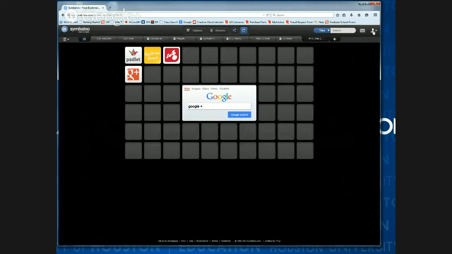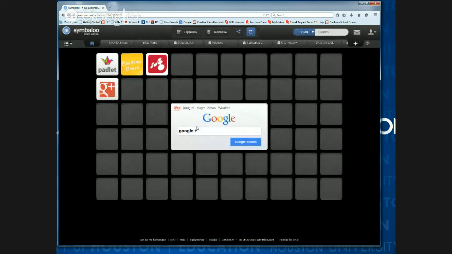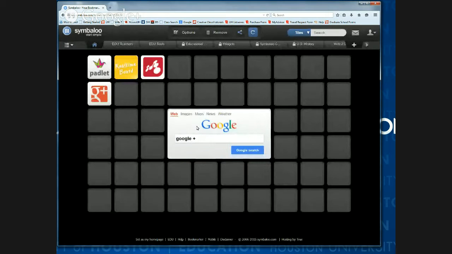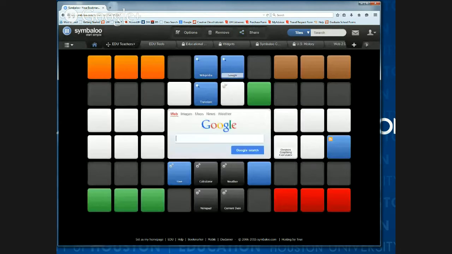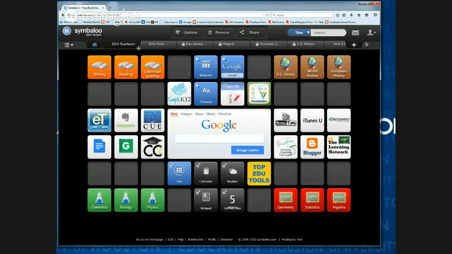I'm logged into Symbaloo. This is my profile over here. I've logged in as Sarah, and let's see if I can make this any bigger so you can maybe read some of these things on my screen. These are my web mixes. I have a web mix here that says EDU Teachers, and this is a web mix that Symbaloo offers, and it has things like writing, reading, and grammar. It has a link to Google, to Wikipedia, and to some other sites that might be helpful to teachers